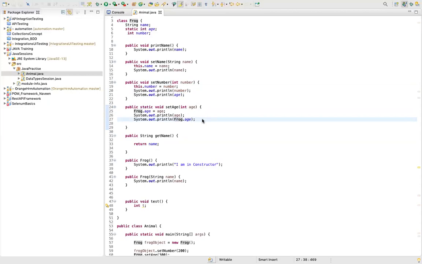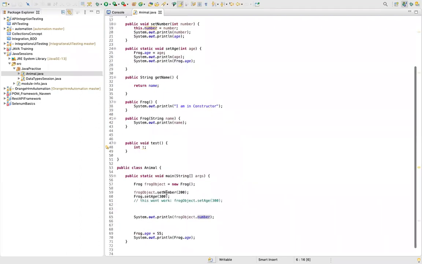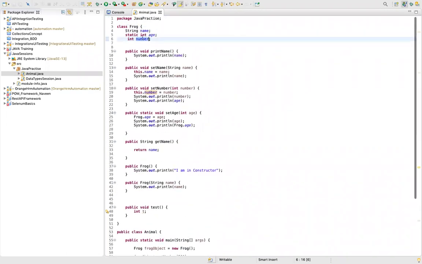Okay, guys. So this was all about static, and there was one more thing. Why do we have static? If you do not want a particular variable to have different values based on the objects, then we can create that variable as static. It will always have one value based on the class. We printed frog object 1 dot something, frog object 2 dot something, and got two different values, but this will always hold one value because we can access Frog.number. So this is one of the main reasons.